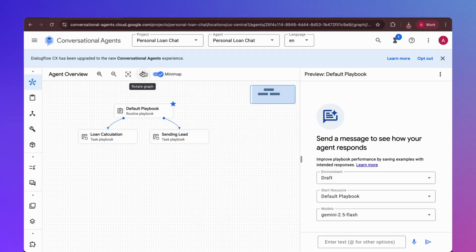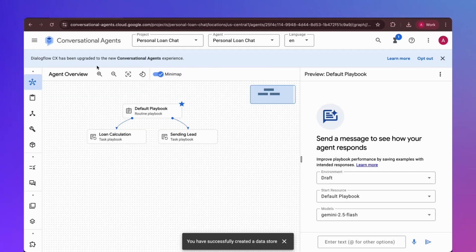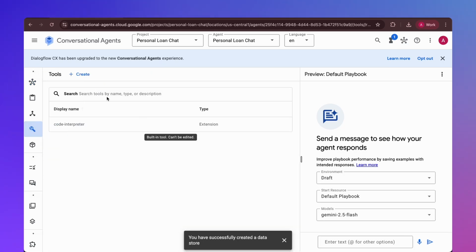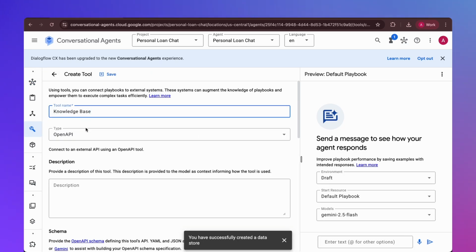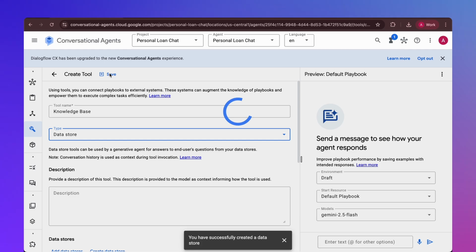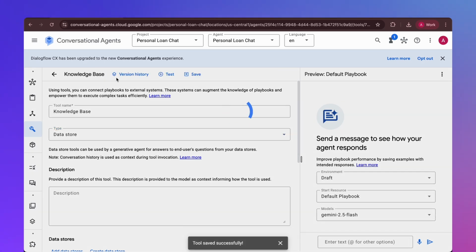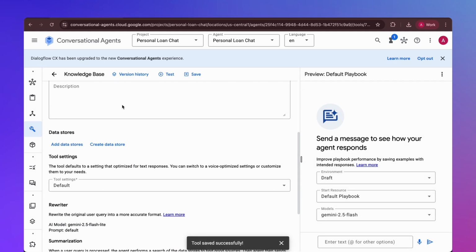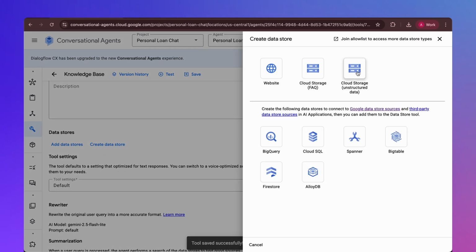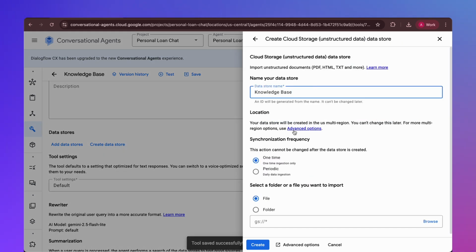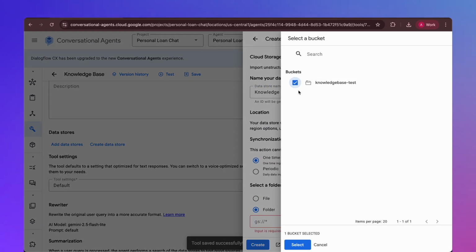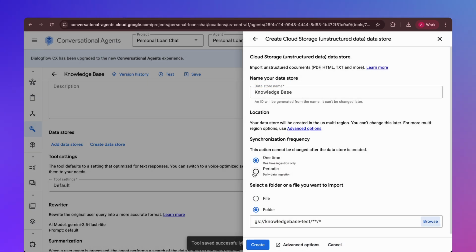Returning to Dialogflow, we need to connect this data via a tool. Create a new tool, name it Knowledge Base, and set the type to Data Store. When configuring the data store, select Cloud Storage and Structured Data, then browse to the folder we just created. I recommend setting the synchronization frequency to periodic. This ensures that any updates you make to your Google Sheet in the future are automatically reflected in your bot's